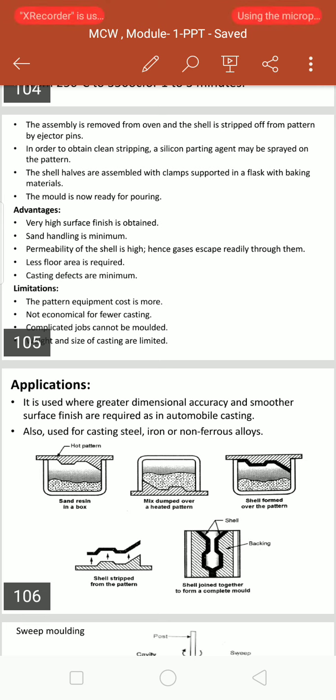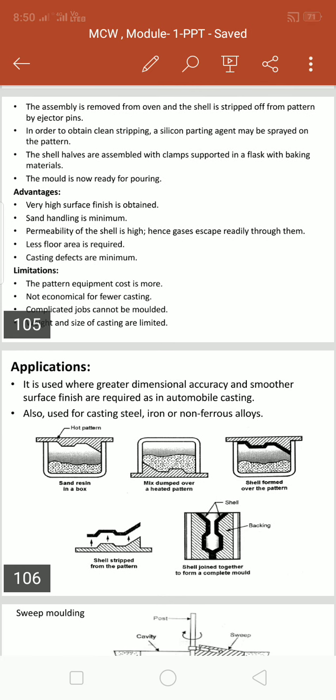Then limitations. The pattern equipment cost is very high. Pattern cost is very high, not economical for production of very few parts. Complicated jobs cannot be molded. The size of the casting is limited, suitable only for limited size and weight. There is relative inflexibility in gating and risering as they are to be provided in the shell itself. However, this does not create a lot of problems, and you can produce castings without defects and with good surface finish and close dimensional tolerances. This is exactly the